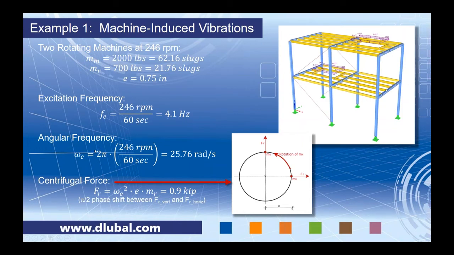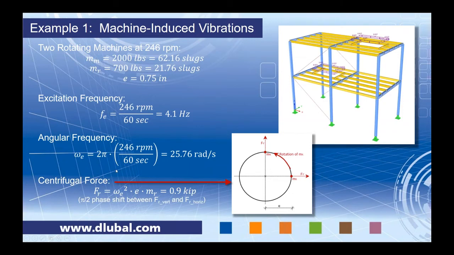The angular frequency is 2 pi times the excitation frequency, which gives us 25.76. Now, remember back to my natural vibration analysis, mode shape 6, we remember frequencies that line up almost identical to these two of our machines. So that immediately tells me I could have a serious problem here with my structural design in the case of resonance. So moving forward with the time history analysis, I want to turn these frequencies into a centrifugal